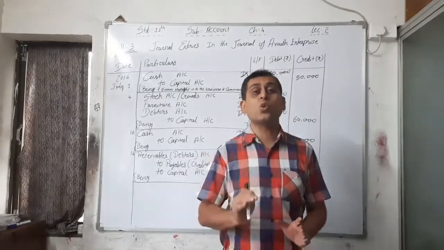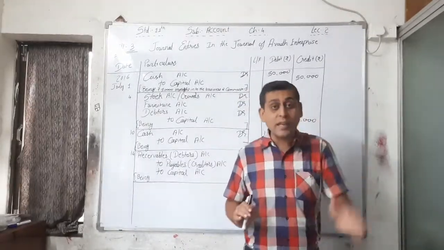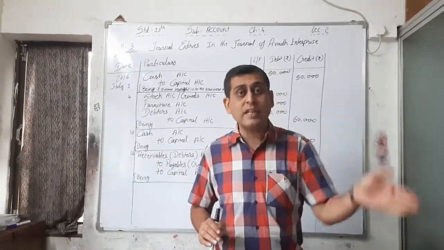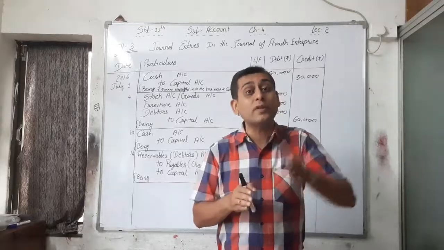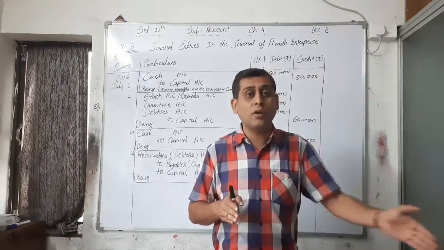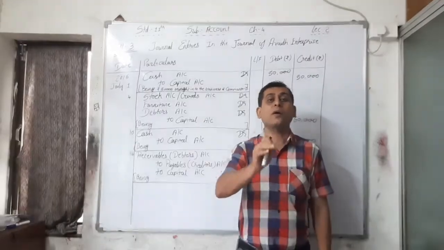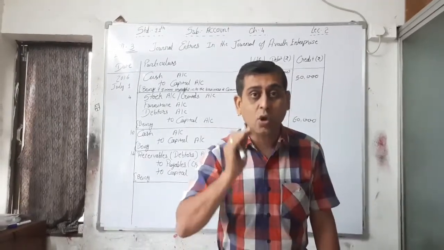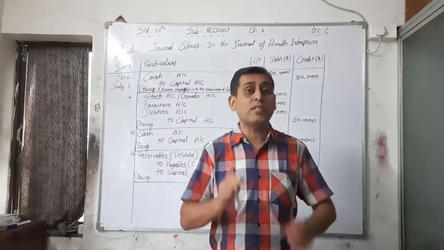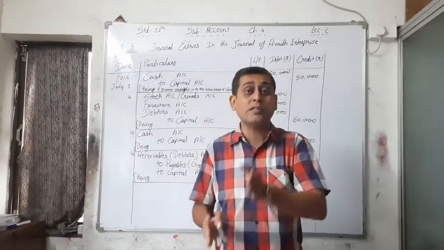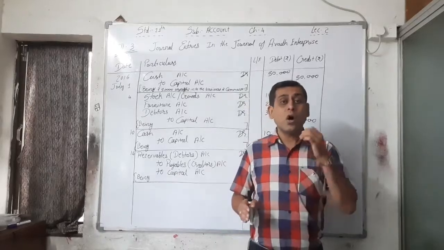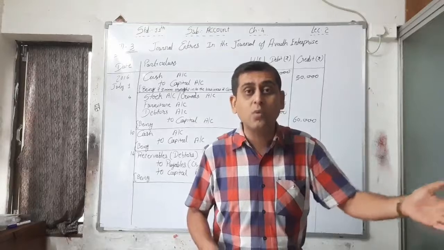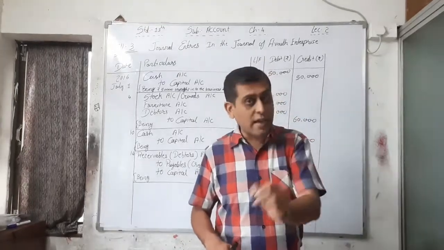But cash goes out from the business not for a business expense, but for the personal expense of the owner. That's why it will become a drawing. So here we don't have to write income tax or tax expense, because this tax expense is not a business expense, it is the owner's personal expense. That's why here we have to write drawing account debit to cash account.